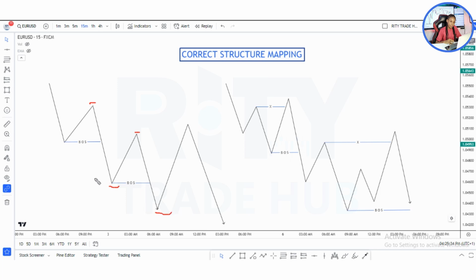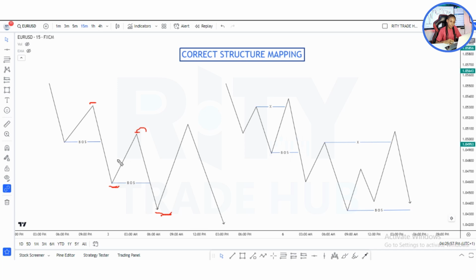So guys, this is not totally wrong because, as you can see, this high right here is lower than the previous high, and this low is lower than the previous low, indicating a downward trend. So these are actually downward trend structures. Marking your structures like this is not totally wrong, but one thing you need to know is that